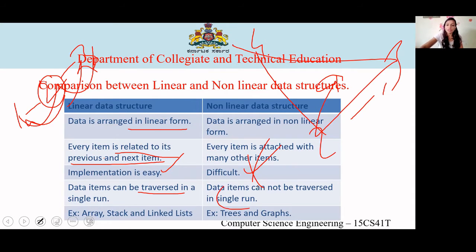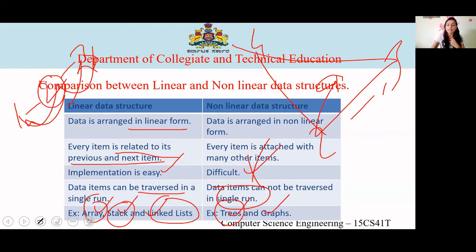It cannot be traversed easily. Example for linear is arrays, stacks, and linked list. Non-linear is trees and graphs. So trees and graph, all this you will be studying this semester. Only graphs you will be studying next semester. So now let's see each of these in detail, that is, what is array, what is stack, what is linked list.